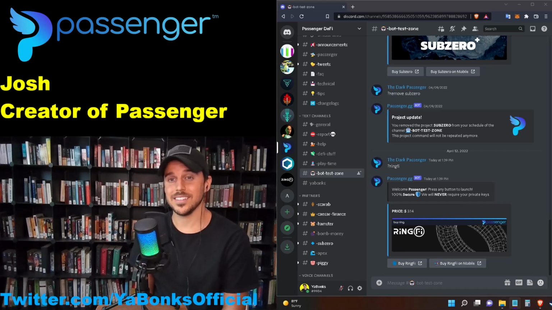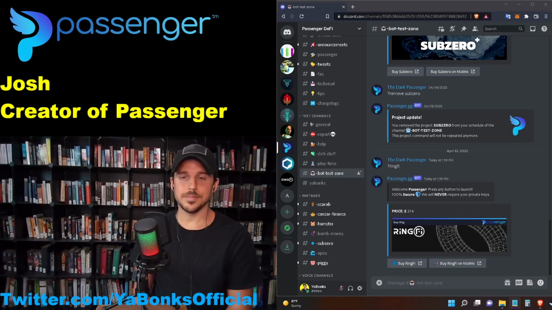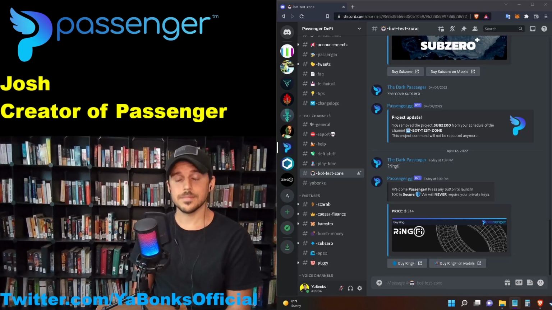But what Passenger does is it allows you to stake or trade or swap inside of Discord by popping up a window. Discord's integration is basically a bot that runs if you type a command, and it'll load up the project. You click on a button, it pops up a little mini dApp, and it lets you swap or trade right there. It does the exact same thing on Twitter or YouTube or whatever web link you're working on.